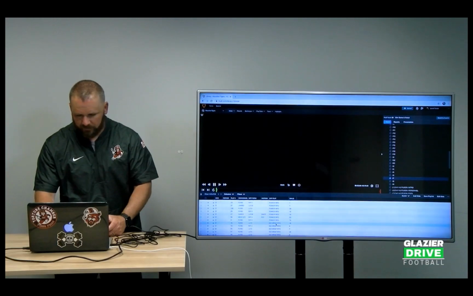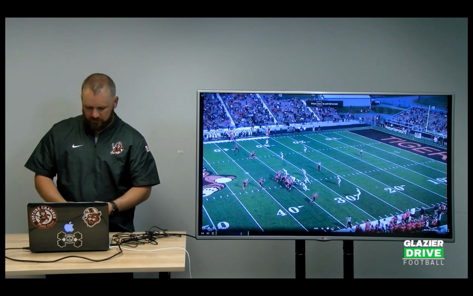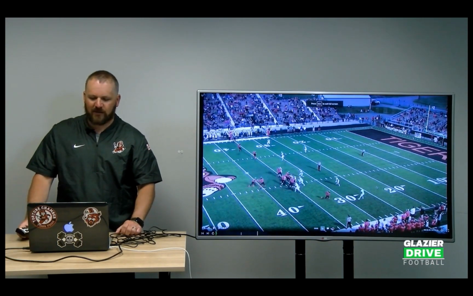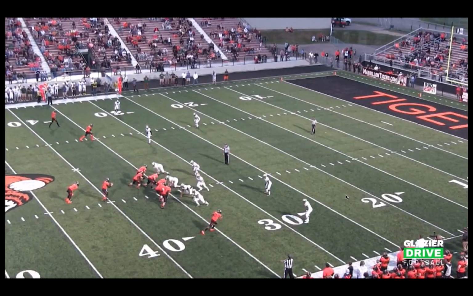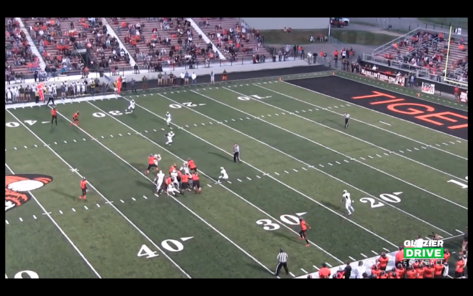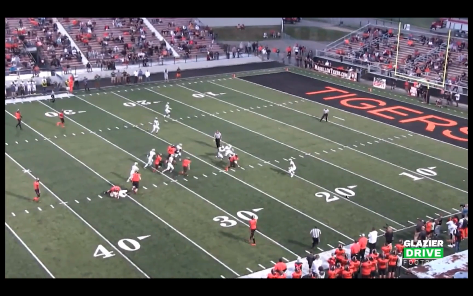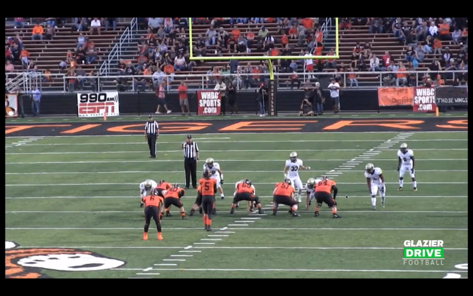All right, so here is our power ISO scheme. You can see it a little better from the end zone shot. So it's versus an even front. He's going to base here, and we're going to ISO up in the box.